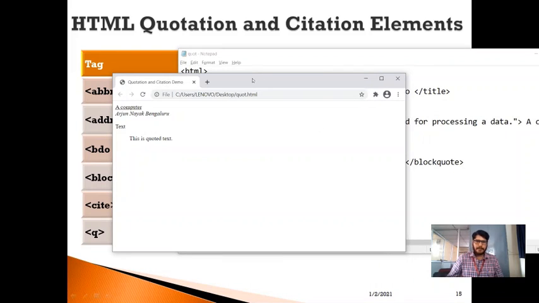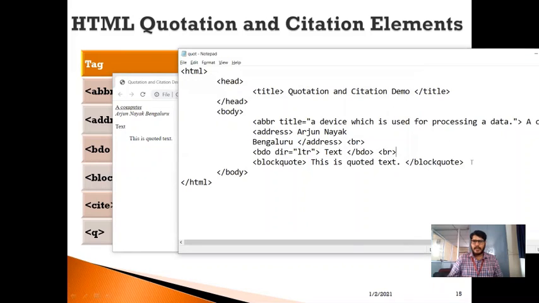Similarly, we can mark the citations by using the cite tag. Let me show you. Let me include a BR tag here so that it will break the line. And let me include a cite tag here. And let me write "this is cited text".